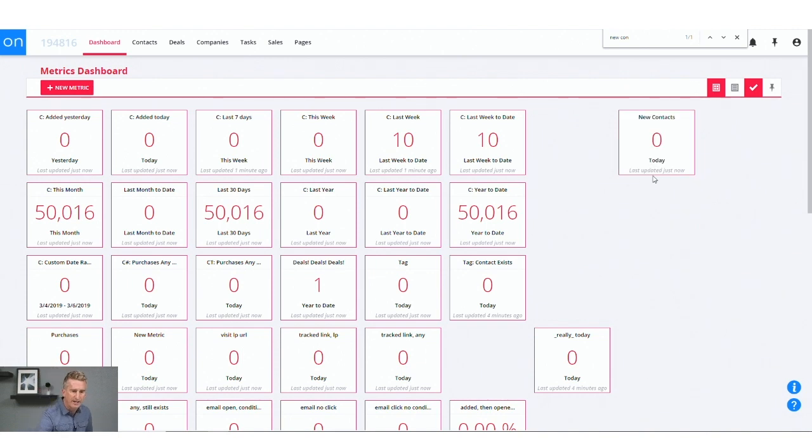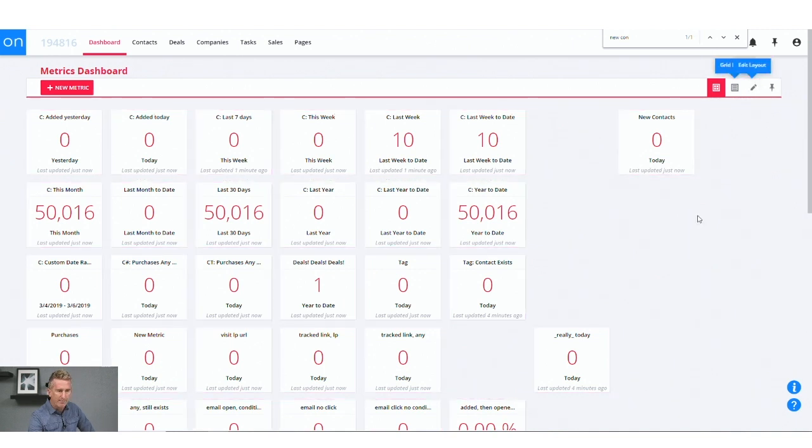So this was last updated just now. This thing is going to start updating a lot faster for you, which is going to be nice. And also when you come in here and look at these things, they'll start just automatically updating as you look at them. So, I'm in edit mode right now. I can save my edit, and now I'm in kind of like looking at the metrics mode, and I can flip through